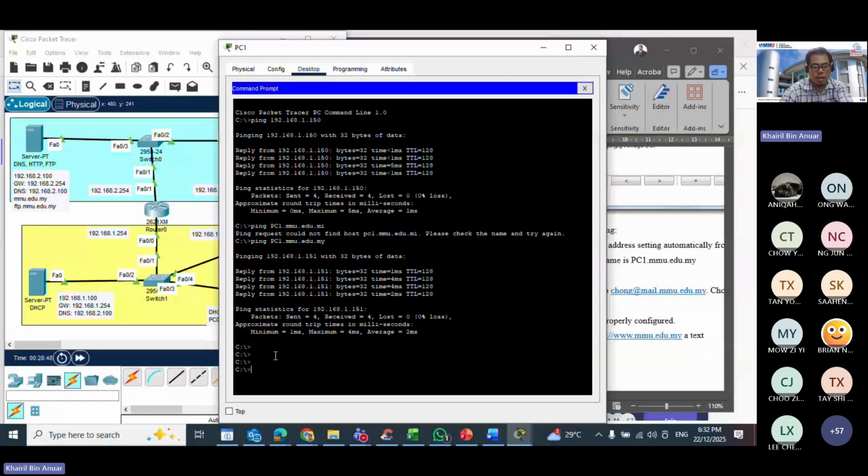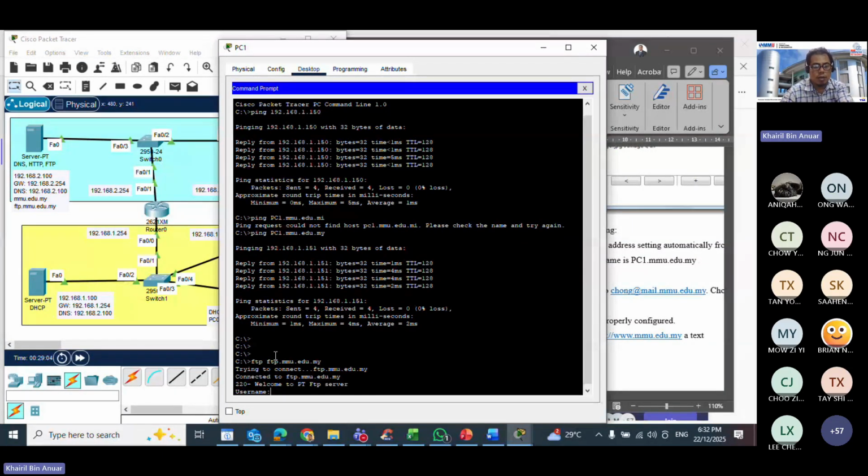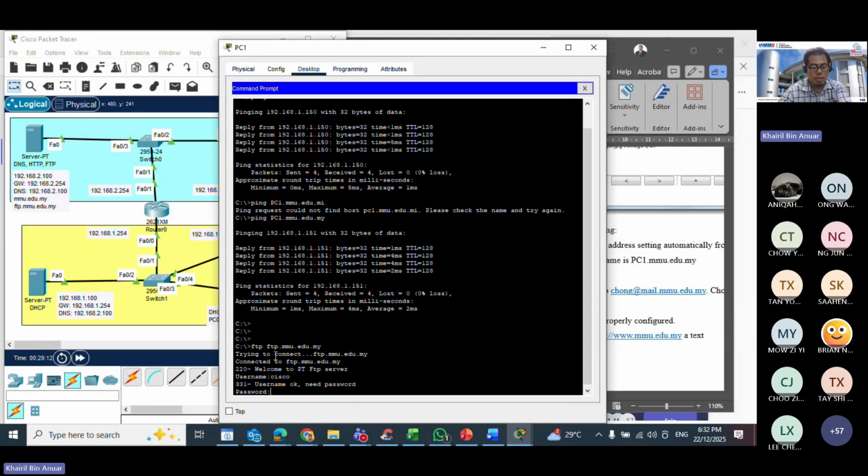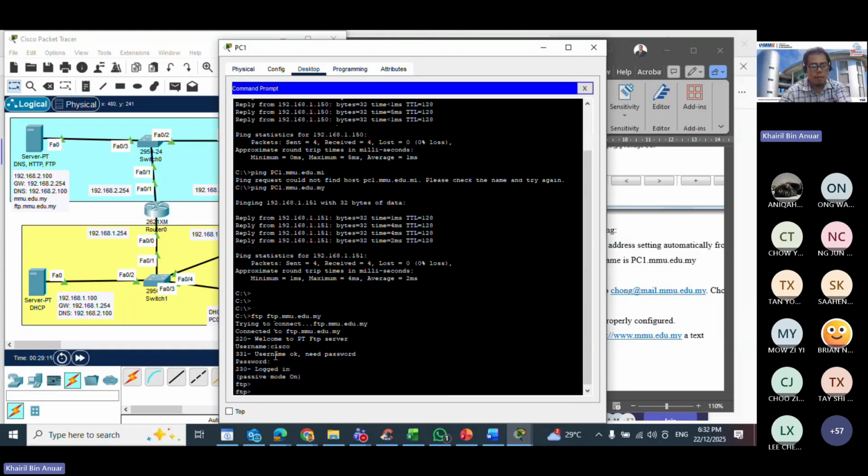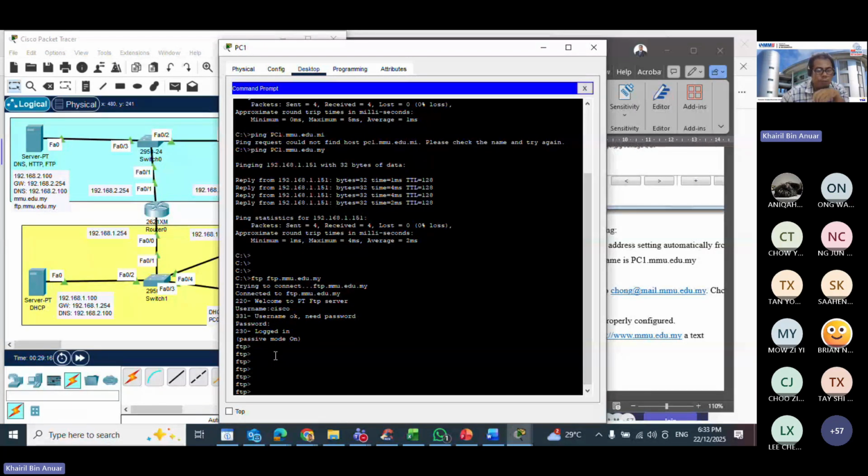You type FTP and what is the IP address, or perhaps you use the domain name ftp.mmu.edu.my. Okay, if you are asked, you put your username, type CISCO, then password CISCO. Then if you are able to get this FTP prompt, it means that you are already inside the FTP server, which is here, right? Then you can quit.